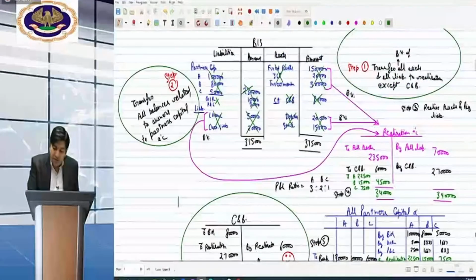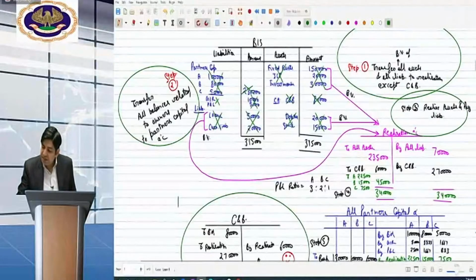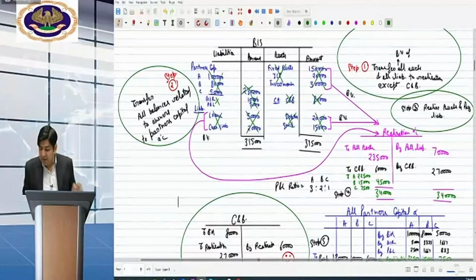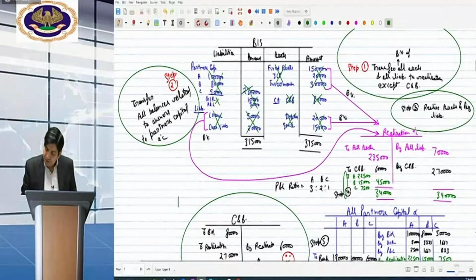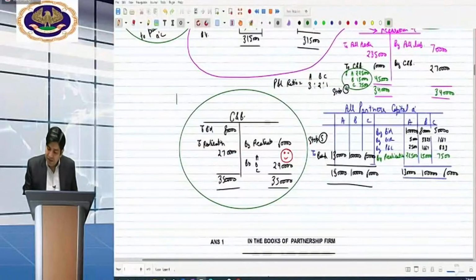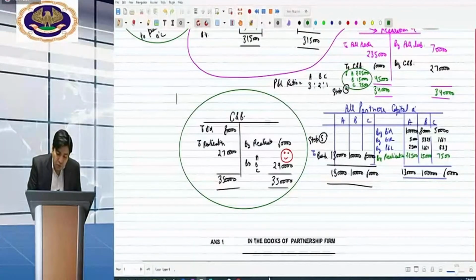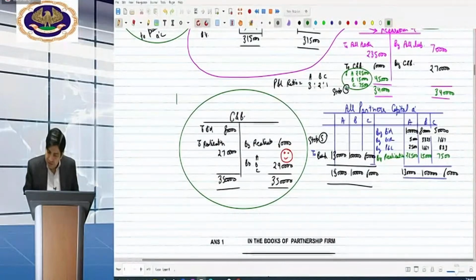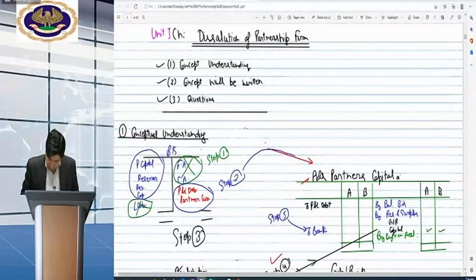Realize the assets and pay off the liabilities, and after that, the profit or loss on realization is shifted to the partners' capital accounts. And after that, the final moment was that both of these,